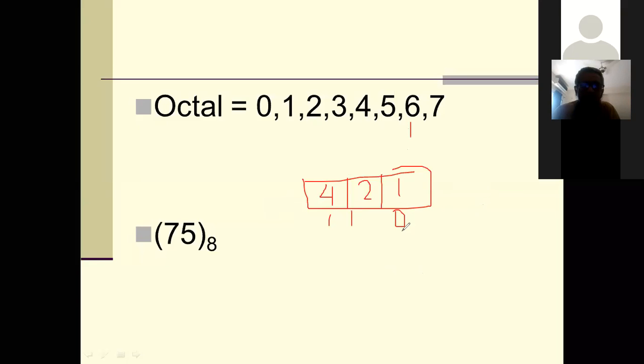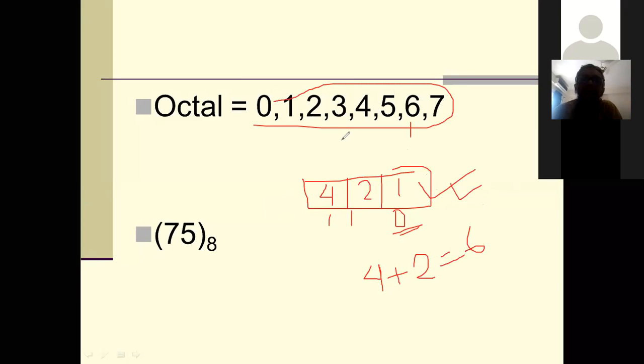The value of 1 that should be submitted, I will ignore this value, that is 0. So 4 plus 2, that will calculate 6. So by using this 3-bit box, I can express any value from 0 to 7, and for octal 0 to